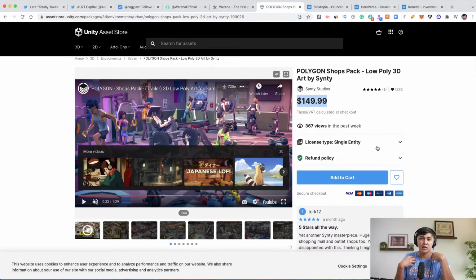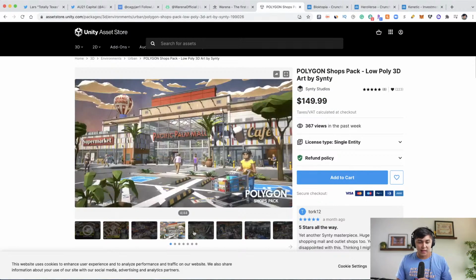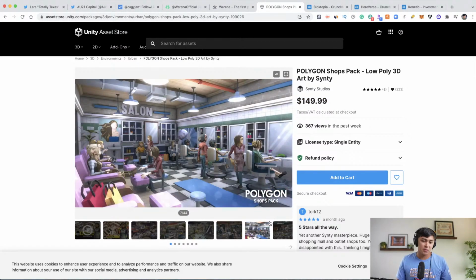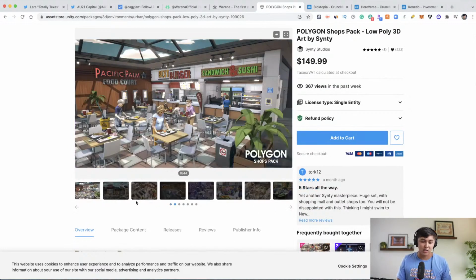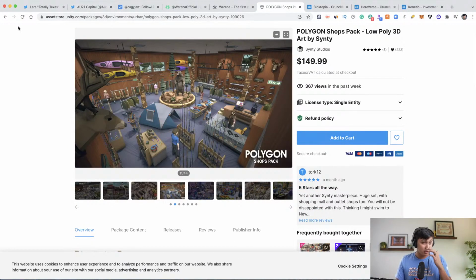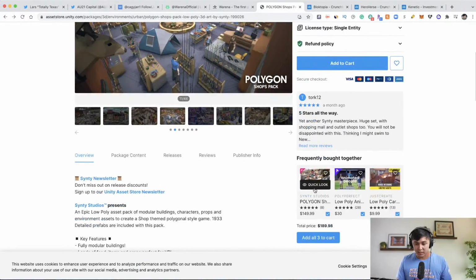My thing is the studios that are putting the most money and the most time and effort into something is probably the one that I want to go into, mostly because they have more skin in the game. So that's why I'm thinking, okay, if they have that asset set, they might not be all bought in, but I'm not willing to just cut them off completely. I am ready to go in and ask them, what's your intention with the game? Why are you using this asset pack? Are you just using it as a placeholder? All that kind of stuff. So just something to keep in mind. And that's the shops pack.